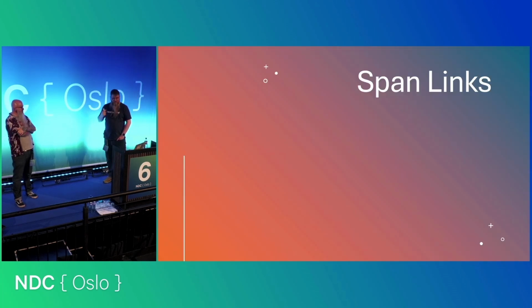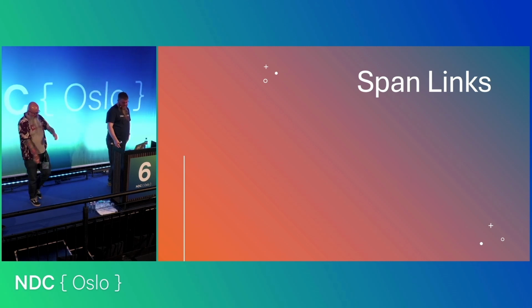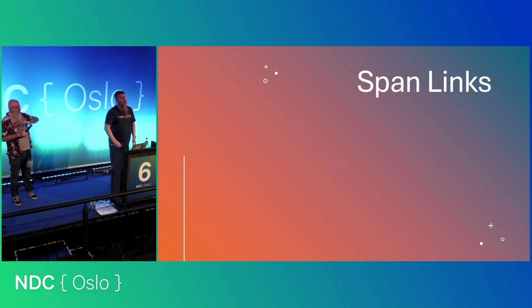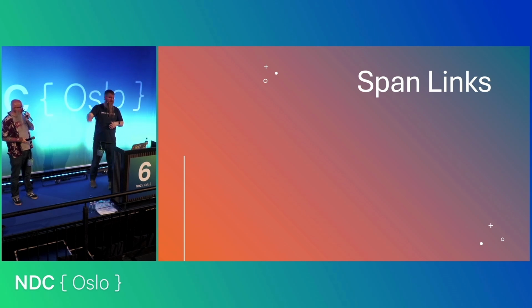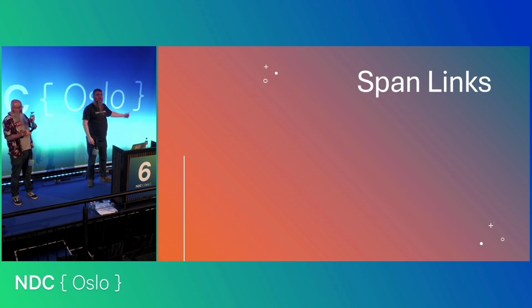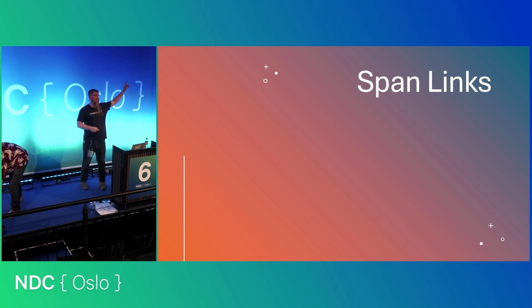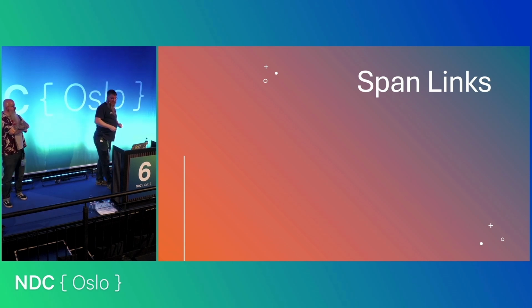And the first thing we're going to talk about is span links. Span links allow us to take one trace, break it into multiple traces, but still have a causal relationship between those two traces. In the example I used earlier about the emails, maybe you've got 1,000 spans because it sent 1,000 emails, and we've only got one trace in this email system that relates to 1,000 inbound messages that came in. What we've actually got is 1,000 links on that one trace that say, here's the link back to the original traces that generated all of these emails.